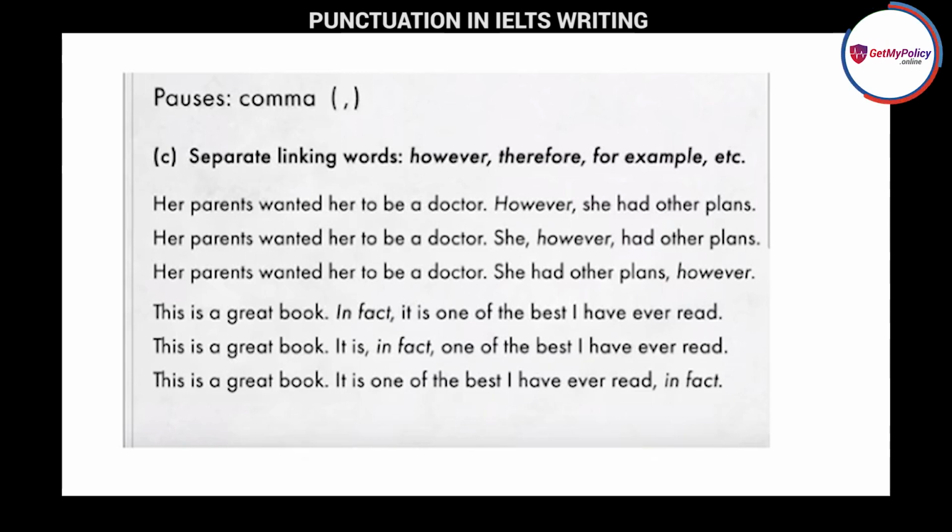So you can see that in the first sentence you are starting your in fact or however after full stop, okay, and with a capital letter, and after that you are putting comma. But in the second sentence you can see that after full stop you are starting she with the capital, but after that you are putting comma, and again however is in the small letter. And then after third you can see again however, but in the second part is very, very good and excellent, where you can say that she comma however comma. It's very good, okay.